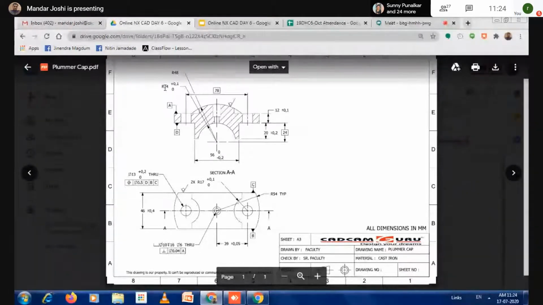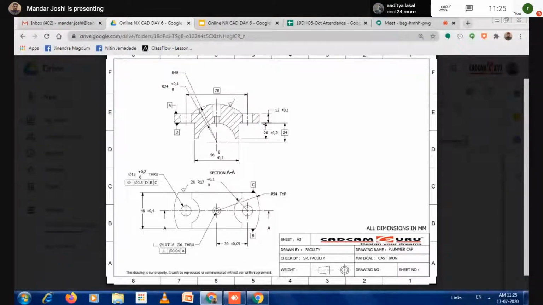So is it done through the hole command or through extrude cut? Both ways are correct. You will get the same result if you draw a circle and cut it using extrude cut or extrude subtract, or you can use the hole command to achieve the same thing. Results are the same. But what is the correct method? How do you decide which feature you have to use here? Should I go with the hole option or the extrude cut option?